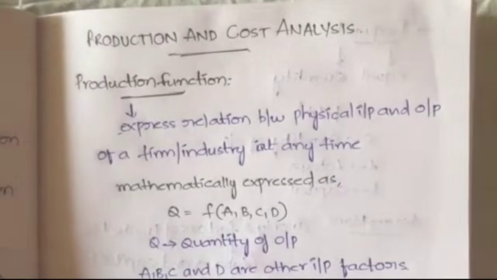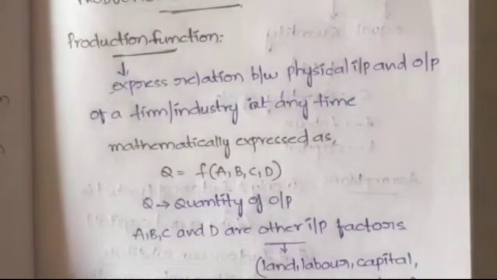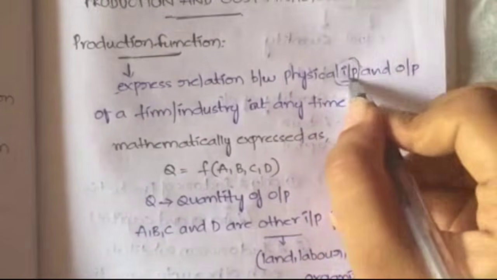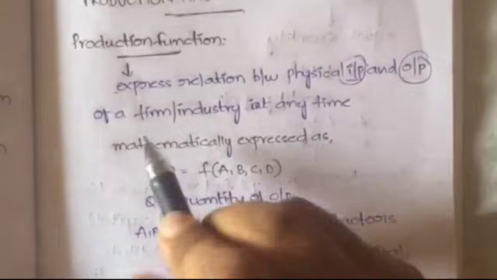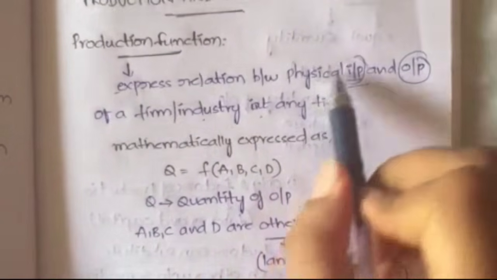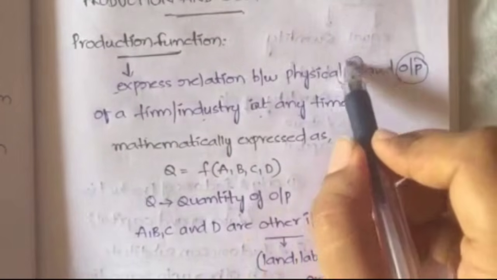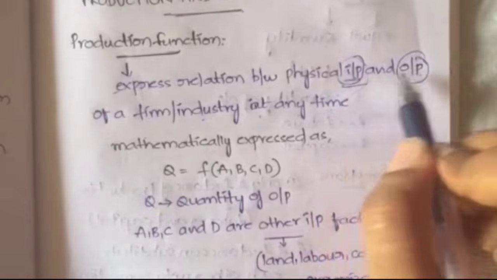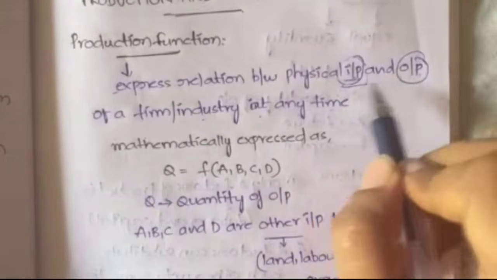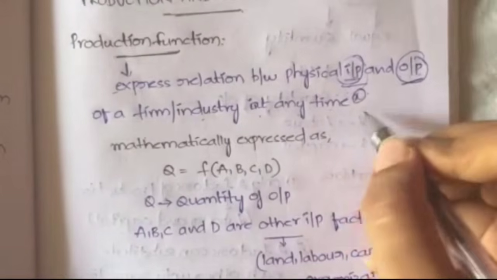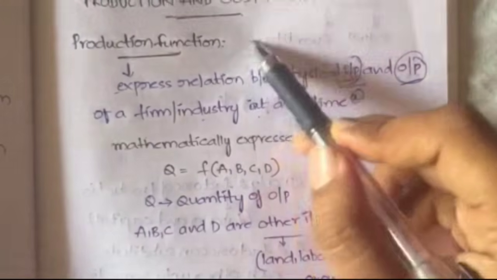So first let's learn what is the production function. Okay, first, what is the production function? A production function is nothing but it will express a relationship between input and also output of a firm or industry at any time. A firm or an industry or a company, whatever it is, it will have particular input factors, right? And also some output. So what is the relationship between this input and output? How they are changing when we are giving some X amount of input, what is the output? All those will be known by using this production function.